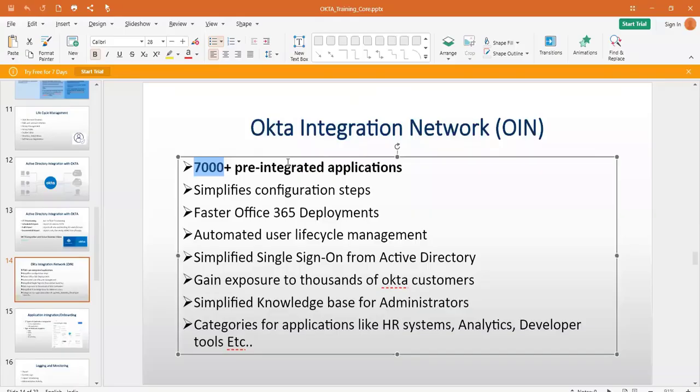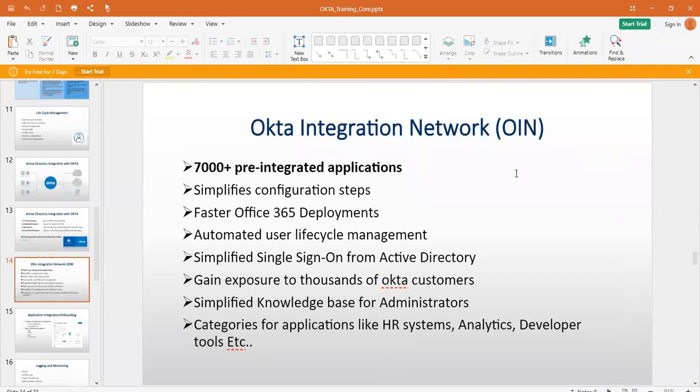So as I said, 7,000 pre-integrated applications are already integrated with the Okta Integration Network, and as I said, it simplifies the configuration steps. If you are going for a custom app integration, you need to manually enter everything.